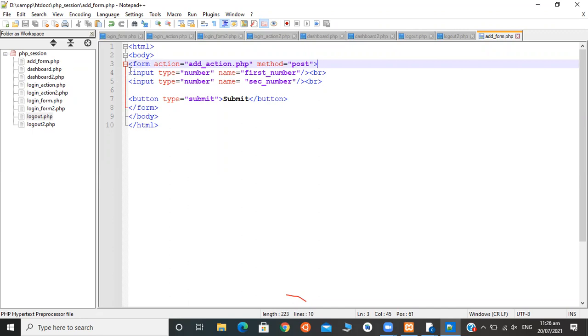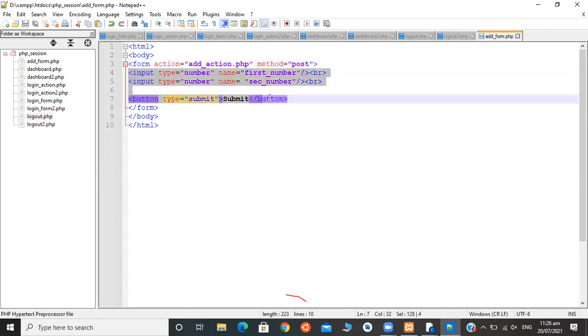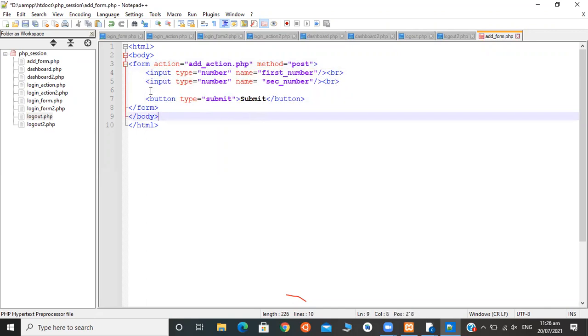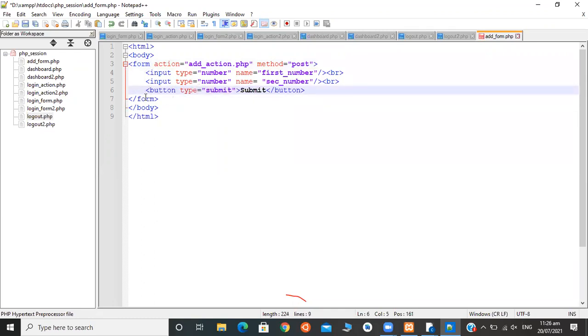So this should be properly inside. You can see this on the browser.